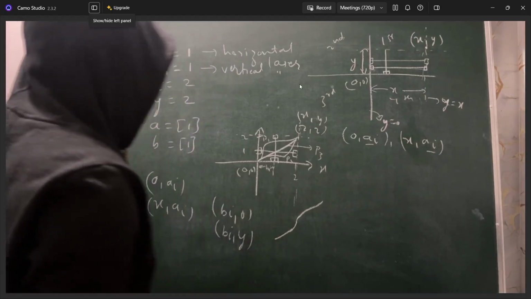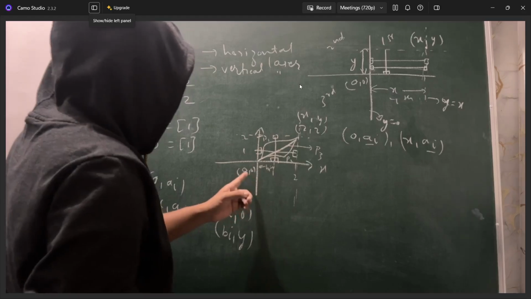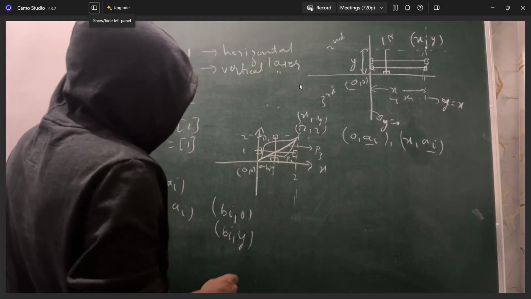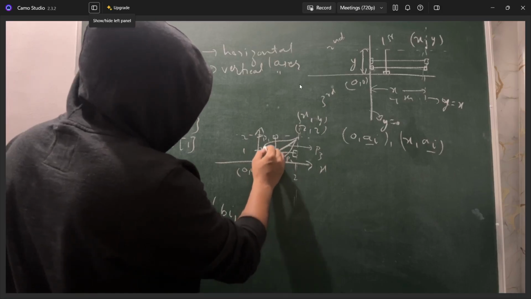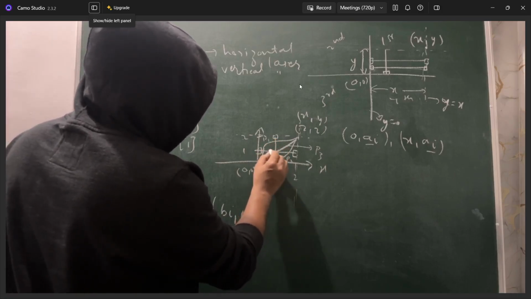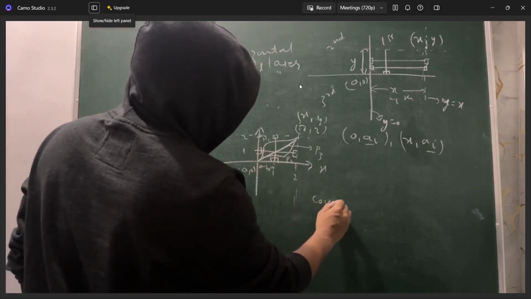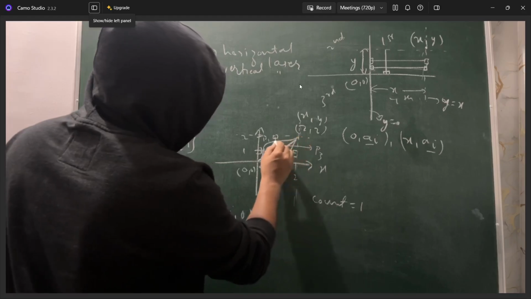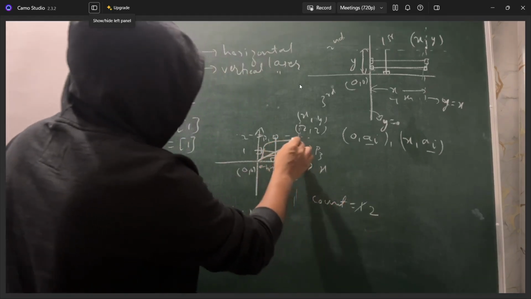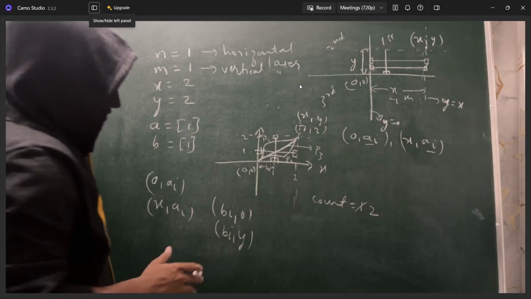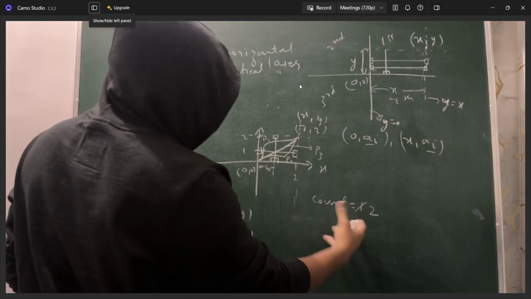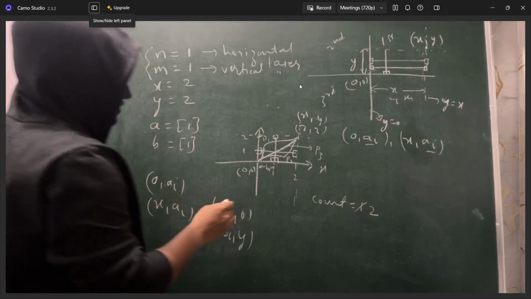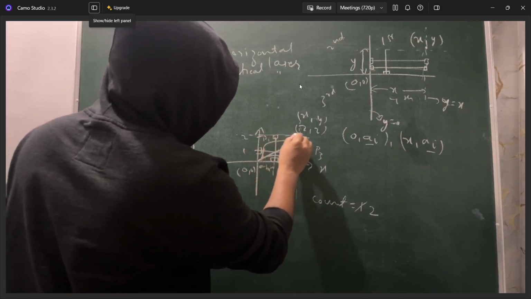So in the question it said the path from 0 to x comma y should be continuous. And what they're saying is, let's say you're considering this path 1, whenever you cross a laser, you'll have to count how many lasers you have crossed. So when you take this path, you have crossed one laser, and when we move to this position, you have crossed two lasers, right? So the answer is 2, but let us consider other paths as well, and I'll tell you your answer will always be n plus m. Your answer will always be n plus 1,